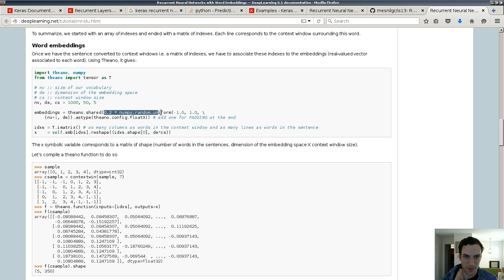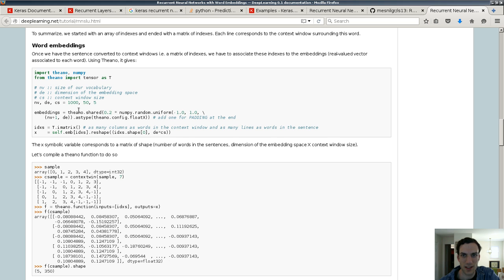Theano.shared, so we're taking some random value. We're initializing this to a random value anyway. It's some float of the size of our vocabulary +1 apparently. Interesting. Of 1,000 word vocabulary. No, excuse me. Yes, with 50 labels, I guess. Context window size being a 5 long window. I don't know why